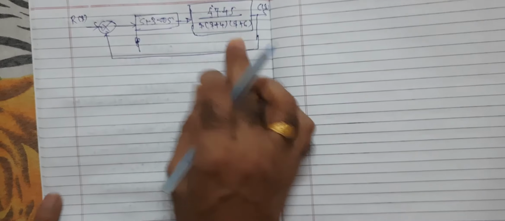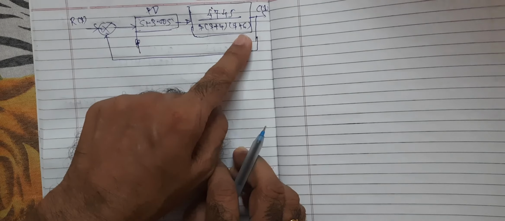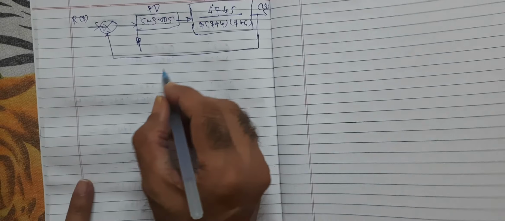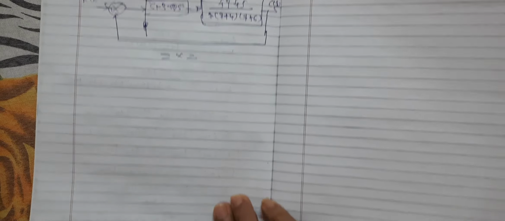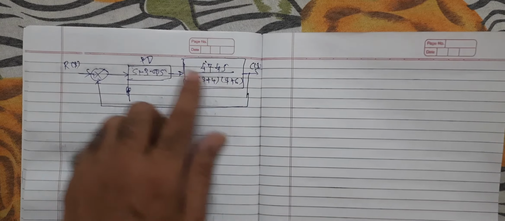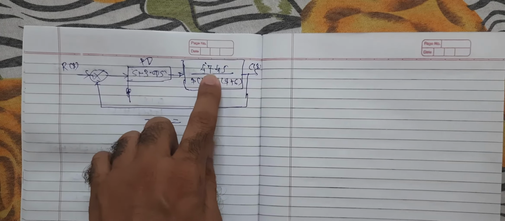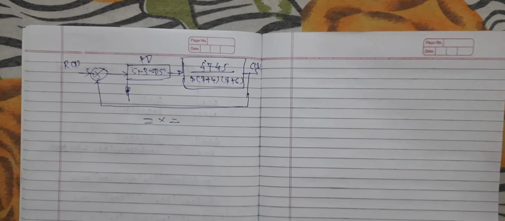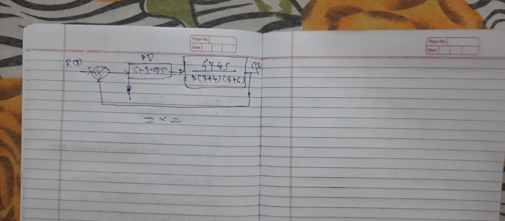This is R(s) and this is C(s). So this is my PD compensator and this is my system. This is equal to K and this is equal to a. So this is the system that we have, and this way we can design the PD compensator. So this is s plus a, this is K, 47.5. Put this value here and draw the figure. So it comes like this. So this way we can design the PD compensator. Thank you.